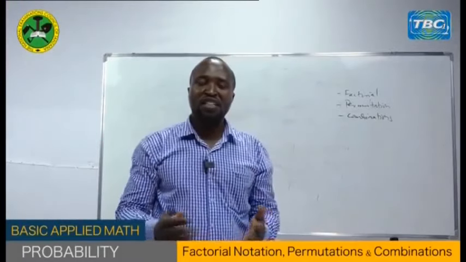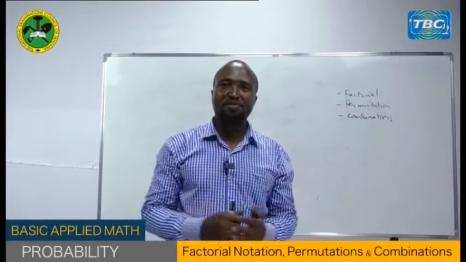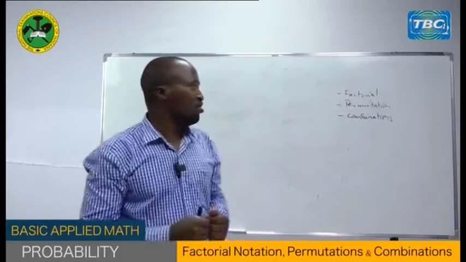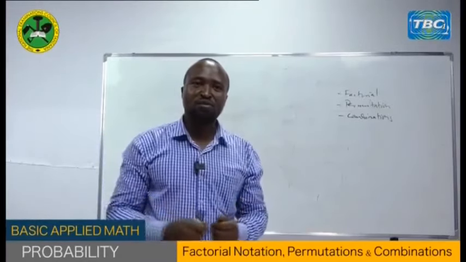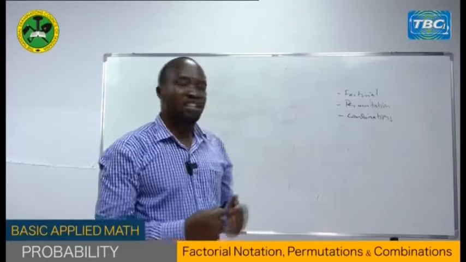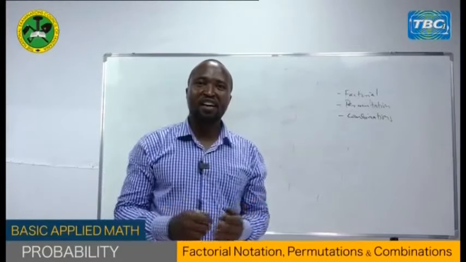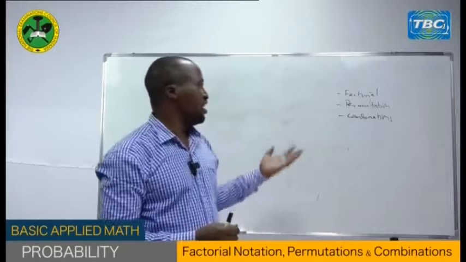For permutation and combination, we have seen the differences between them. For the case of permutation, just to remind you, it is arranging items with care of order. But for the case of combination,